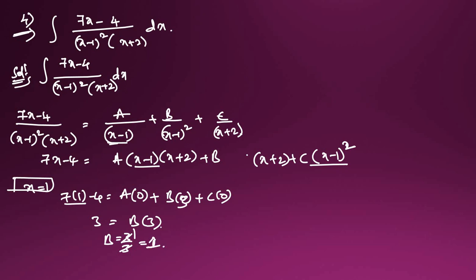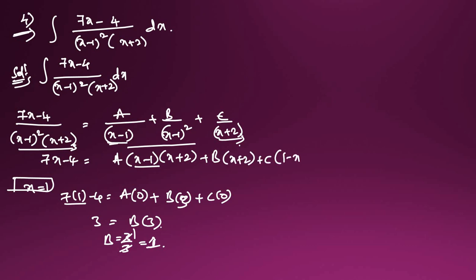If we do the LCM, these total three things we get, and we already have (x minus 1) whole square in the denominator. So B only will come as this one, into (x plus 2). Okay, I will write neatly here: this total B into (x plus 2) and plus C into (1 minus x) whole square will come. Now again, x equals minus 2 we will take, put x equals minus 2 in this equation.